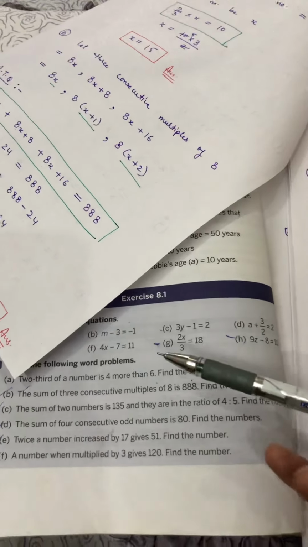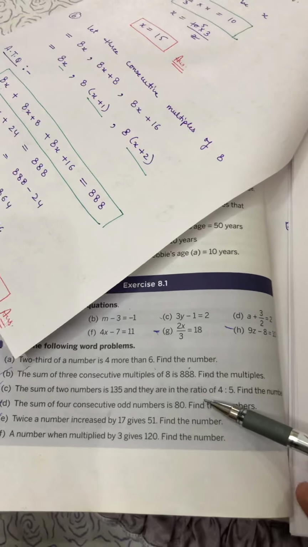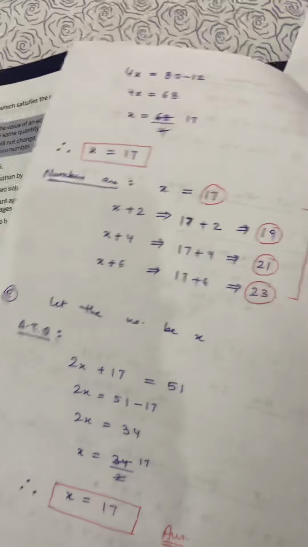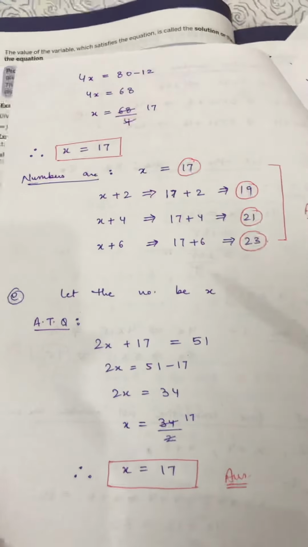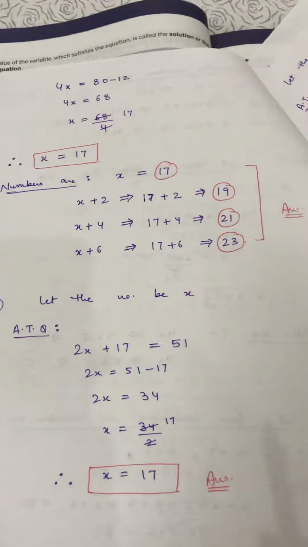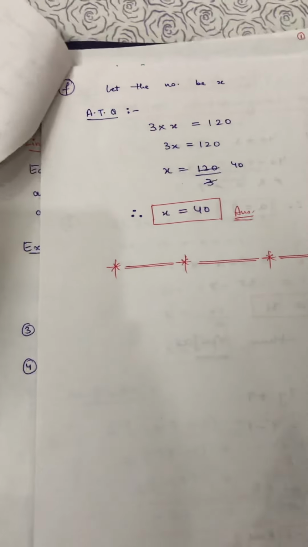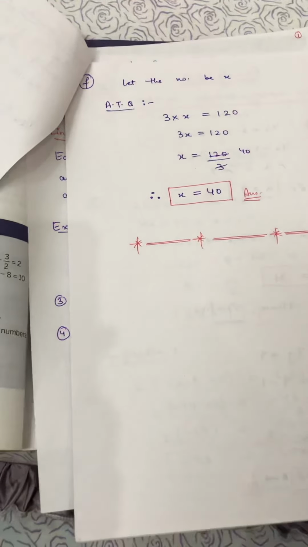So I have explained the first three parts, A, B, C, and D, E, F, every part I have solved here, right? So read these parts very carefully, go through the PDF carefully, understand the statement, and then solve it. These are very easy. D, E, F are very easy parts. This is your F part. Read the statement and then make it into a linear equation.